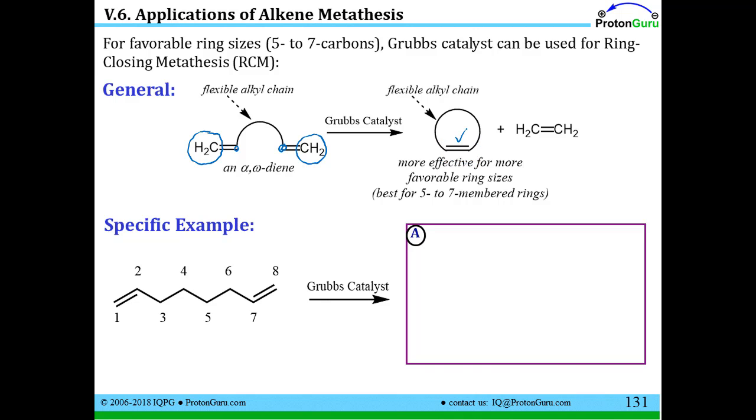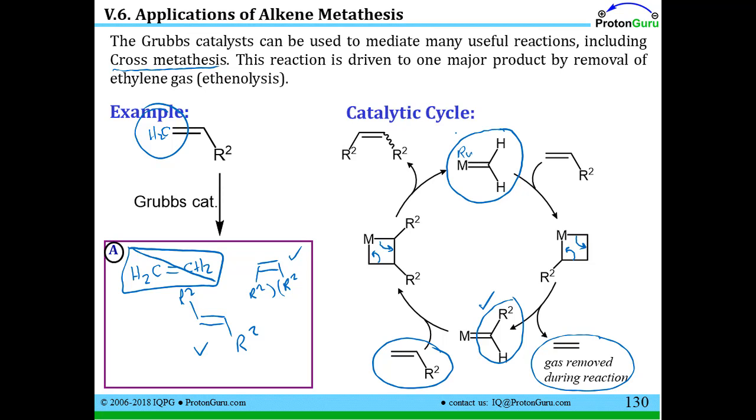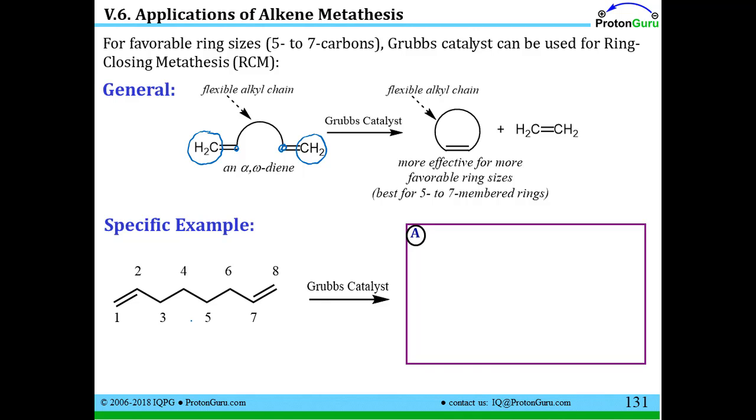That's just like the cross-metathesis we saw over here. Two of these alkenes end up attached to each other to make these products. But now, maybe they can also be attached by this flexible alkyl linker. This will work, as it turns out, for favorable ring sizes. The most favorable ring sizes are between 5 and 7, so 5, 6, or 7-membered rings. Let me give you a specific example. Let's say we have